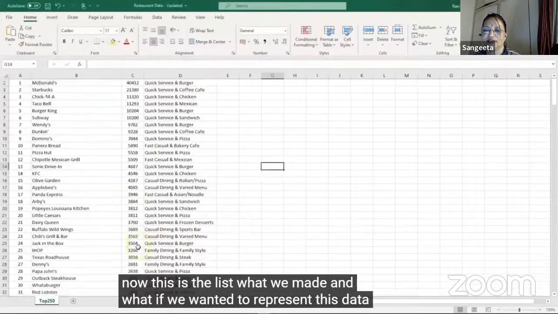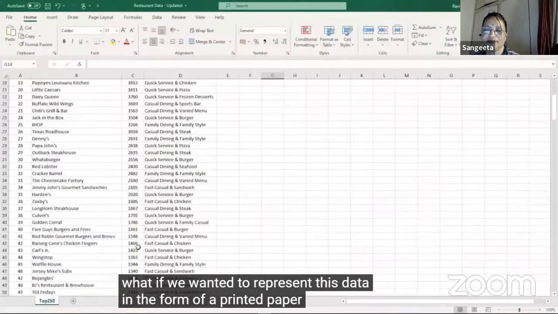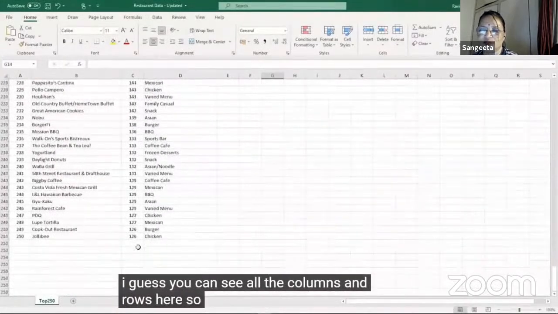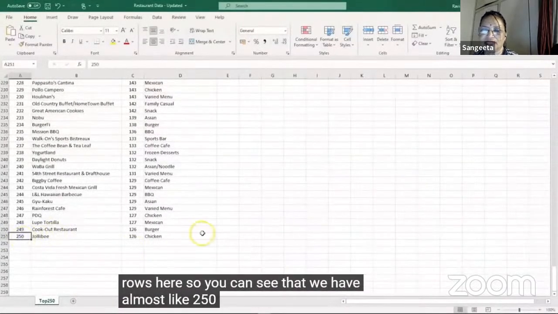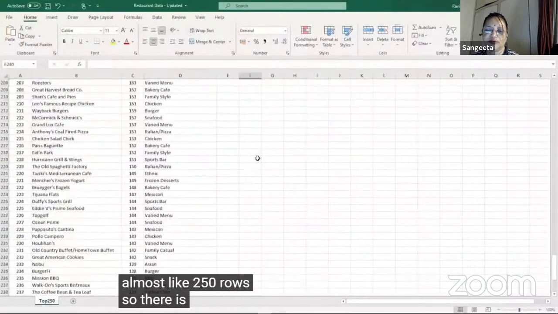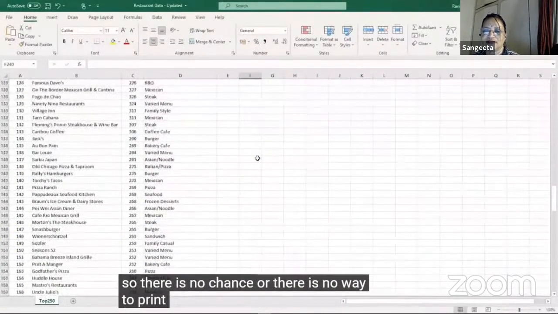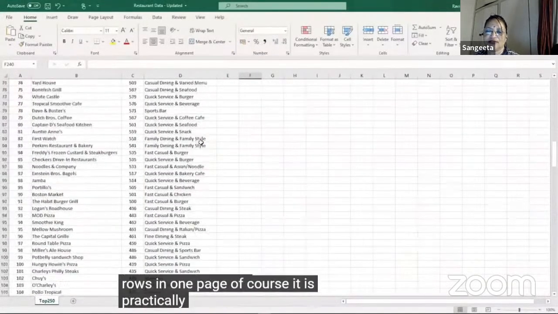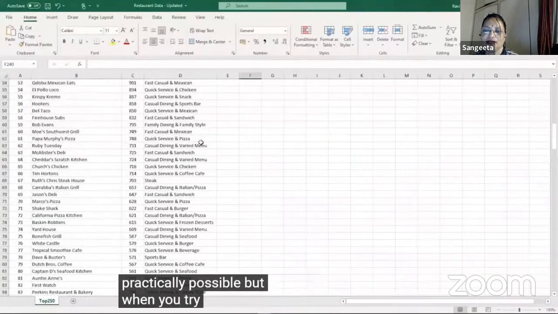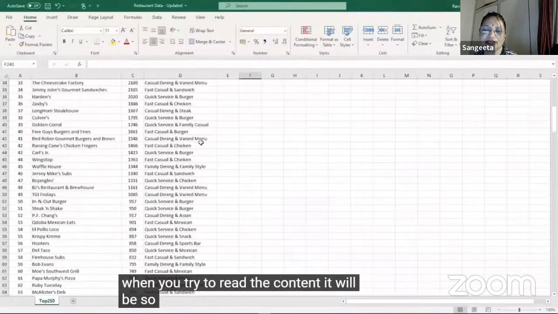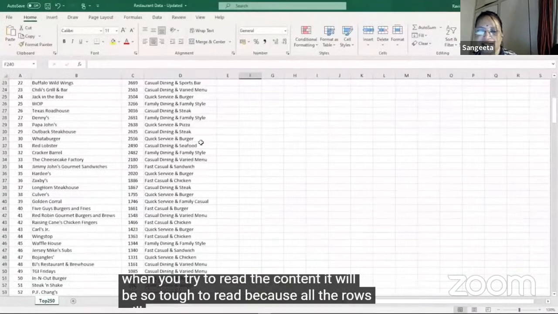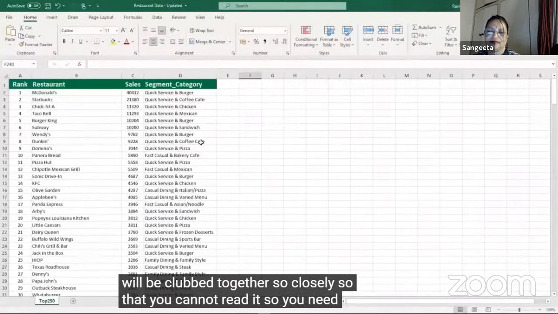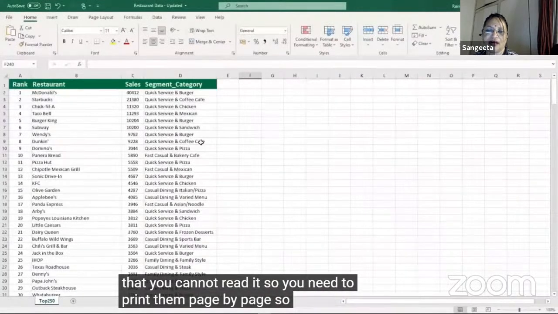And what if we wanted to represent this data in the form of a printed paper? You can see all the columns and rows here, and we have almost 250 rows. There is no way to print all those 250 rows in one page. Of course, it is practically possible, but when you try to read the content, it will not be visible. So let us see how